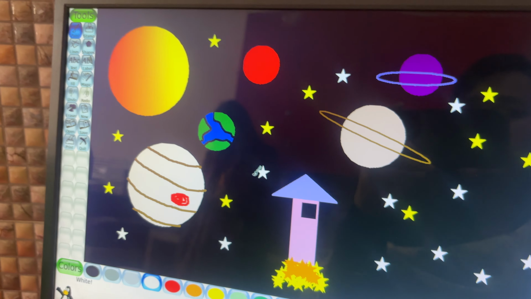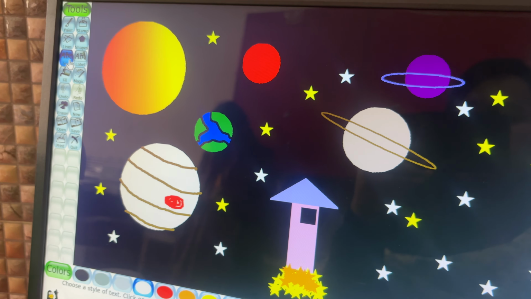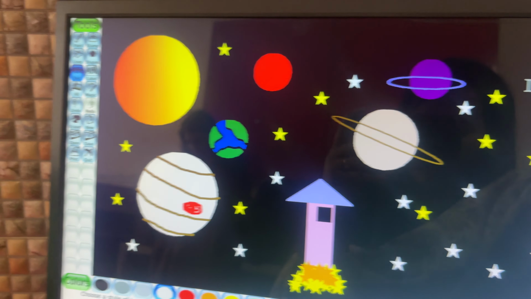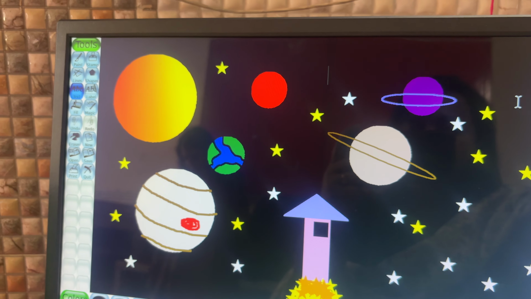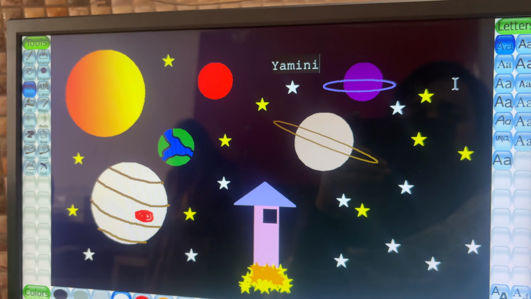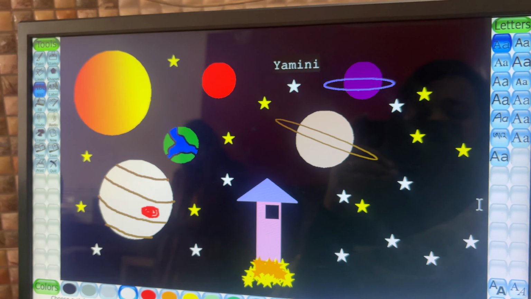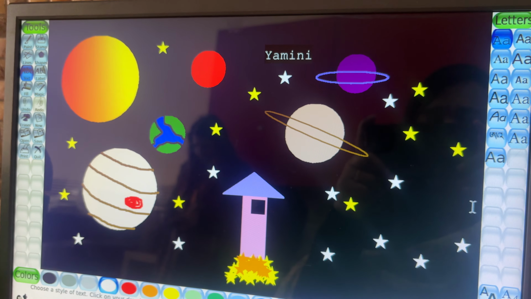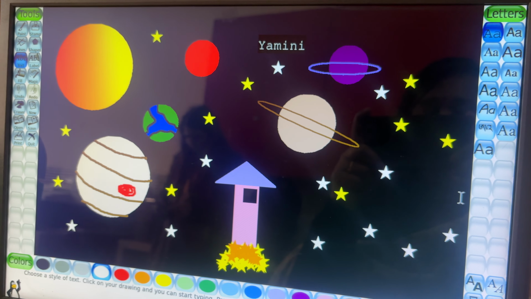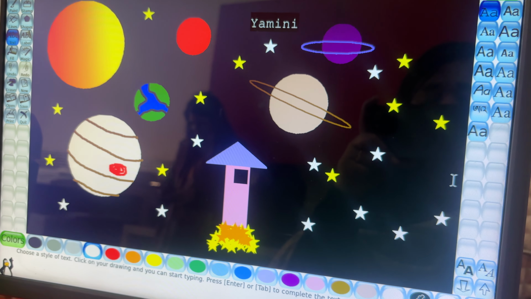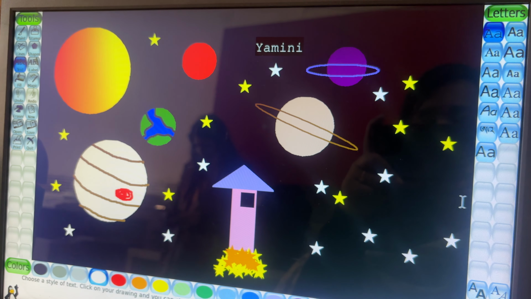And then at the end, you can go to the text option, click at the top of your screen, write your name like so, and this is how we create a simple drawing of outer space on Tux Paint. So hopefully you will practice it at home, and this tutorial will help you to revise Tux Paint at home. Thank you.